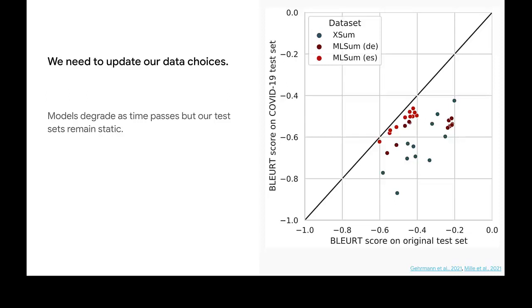Specifically for news summarization, if our model is trained on data from 2010 or 2015, it will do less well on data from 2020. We ran a study on this where we collected new test datasets that included keywords related to COVID-19 and compared the scores on these to the original scores that the model got. And you can see by the difference between the diagonal and the actual points on this plot on the right that there is this huge performance degradation if we actually want to run summarization models that were trained on various datasets and various languages in real-world settings that include these kinds of keywords.